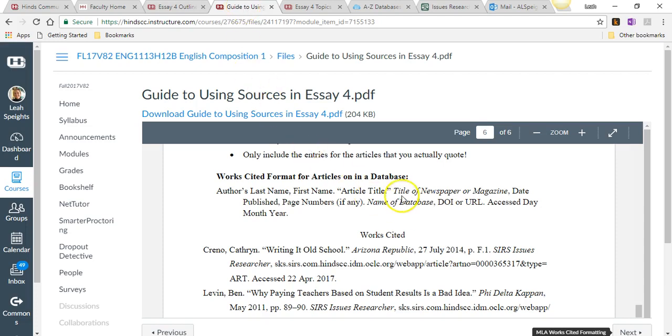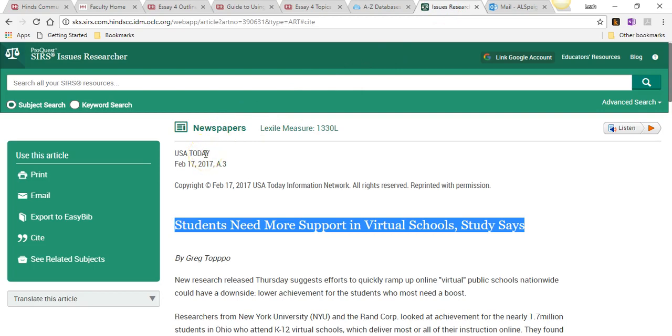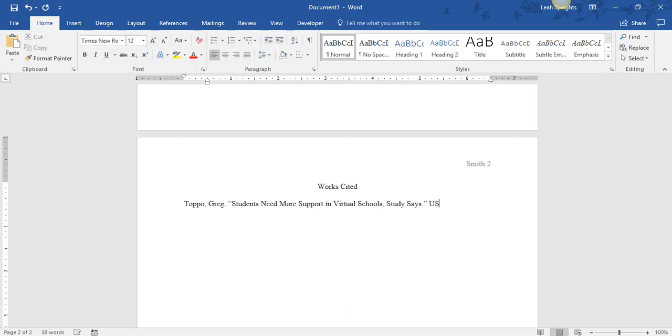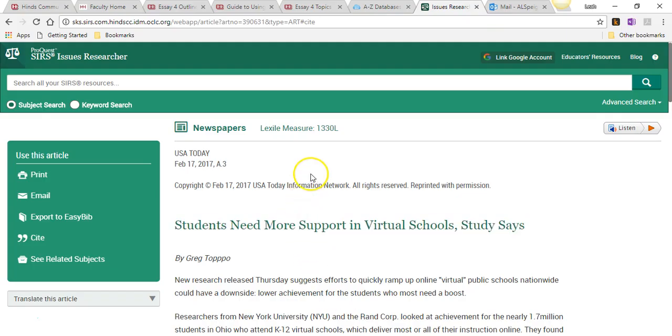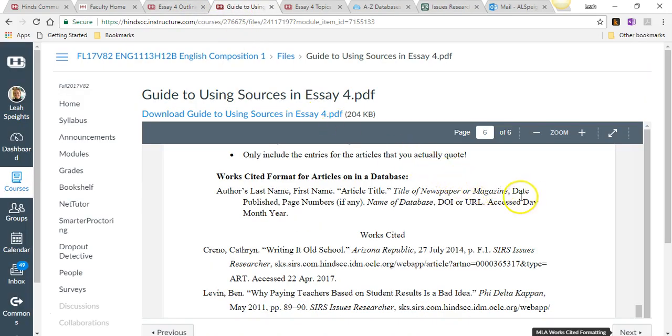All right, so what's next? The title of the newspaper or magazine. In this case, USA Today. So we put USA Today, comma. Now, titles of newspapers, magazines, journals, websites, whatever the main source itself is, that goes in italics. Oops, well, I'm having trouble. There we go. So we highlight it and we italicize, comma. Okay. Well, that's next. Then we have a comma and then the date published, okay, and the page numbers